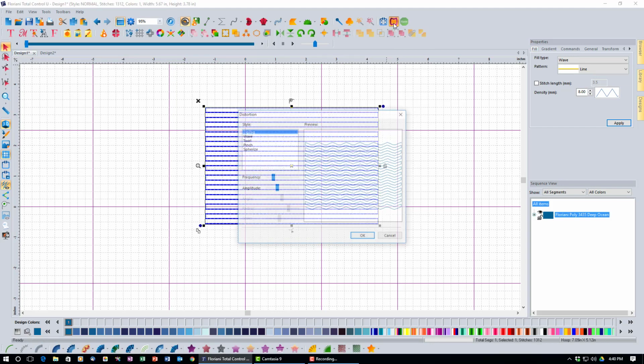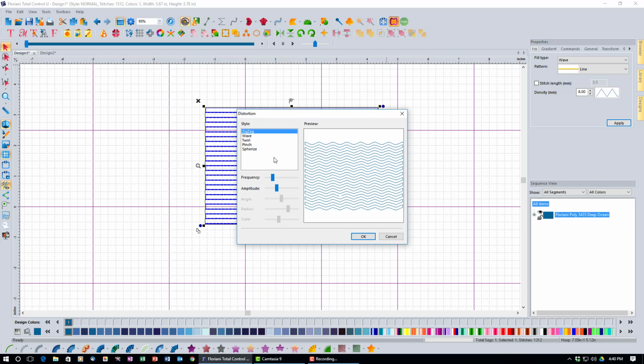When I click it, you can see the very first preview. This is a zigzag distortion, and I have two controls for a zigzag. I have my frequency, which is how many times it does the up and down, and the amplitude, which is how far it goes up and down. Let me change the frequency down a little bit so you can see what I'm talking about. You can see now there's fewer bumps in it. If I go up a little higher, you'll see there's more bumps in it. And if I change the amplitude up, you'll see that they get bigger,